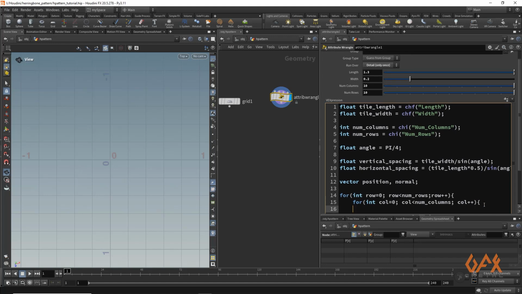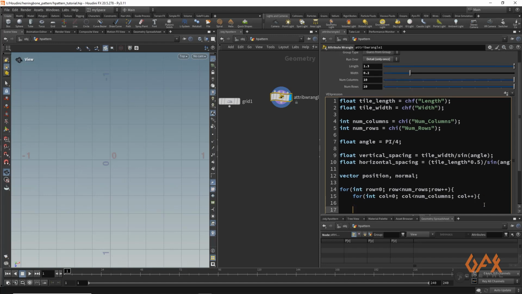Now here, as you see in that particular pattern, we have an offset in alternate columns. Okay, and to identify odd and even columns, we need to write one if condition, that if column modulo 2 is equal to 0.